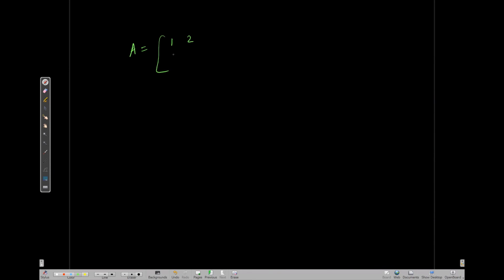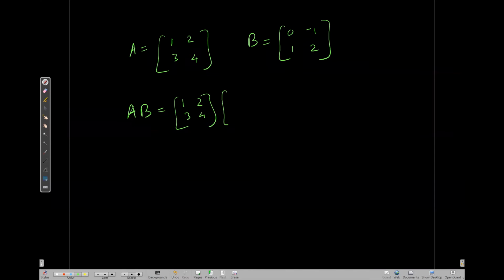So A is 1 2 3 4, B is 0 negative 1 1 2. I'm just randomly taking some numbers. They both are 2 by 2, so the numbers agree. You can multiply: 1 2 3 4, AB, 0 negative 1 1 2, and